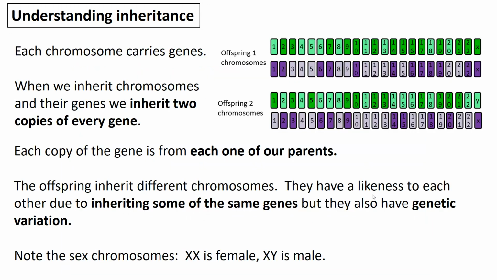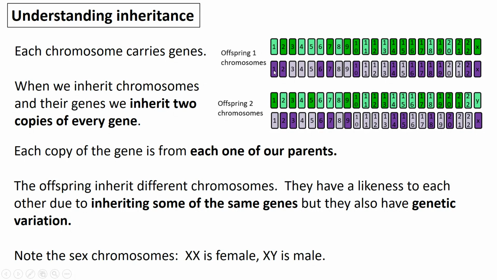And when they meet, that sperm and that egg, you can see in that offspring 1, the pairs are matched up as so. If they have another child, offspring 2, they will have a different sperm made because the chromosomes have been sorted out differently during meiosis, and a different egg. So if you compare these 2, which are brother and sister, you compare the 2. If you look at just chromosome number 1, then offspring 1 has got a blue chromosome